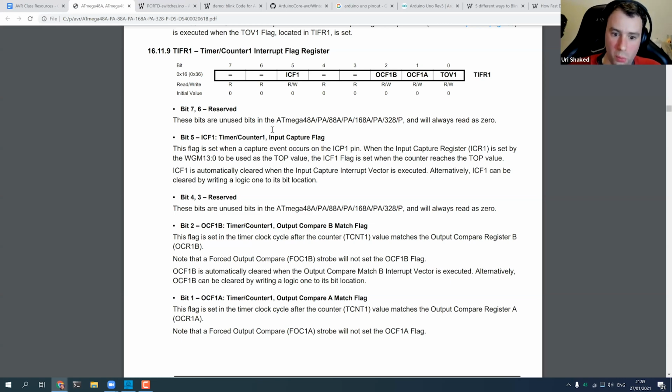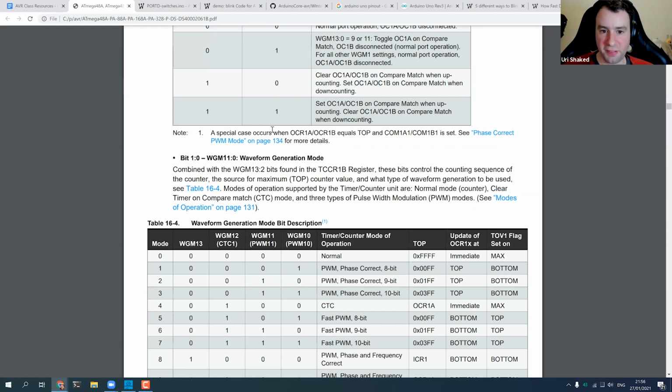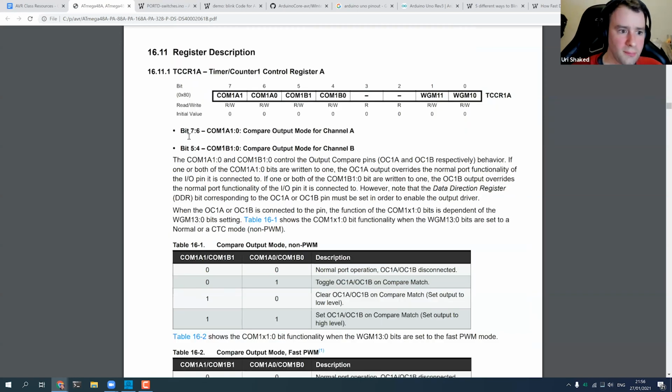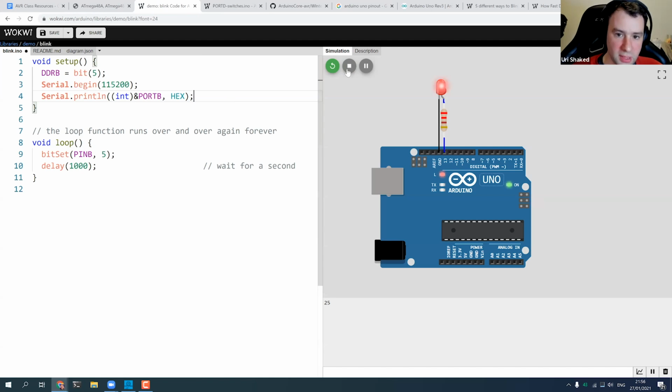If we wanted to cover timers end to end, we would probably have to dedicate 5 sessions just for that. We are not going to do that in this course, but I'm going to give you a little taste. I'm going to set up a simple program that will simulate this blink. Let's open blink again. We have it here: simulate blink using timers.